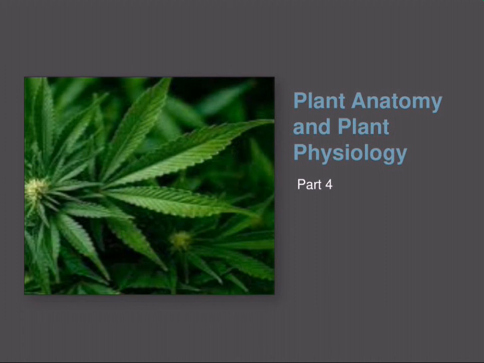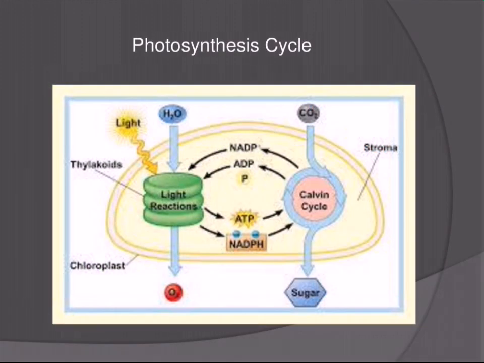Before that, in the last video we covered photosynthesis, how photosynthesis takes place in plants. A small part was missed out in that video, which I have covered in this one, which is called the photosynthesis cycle. We all know that in photosynthesis we have the light dependent reaction and the light independent reaction.